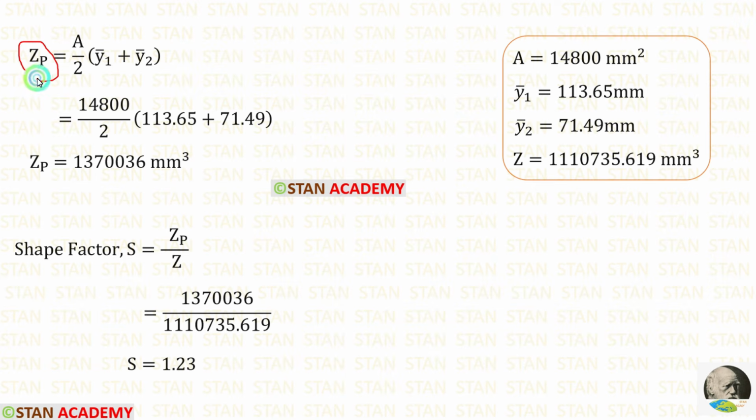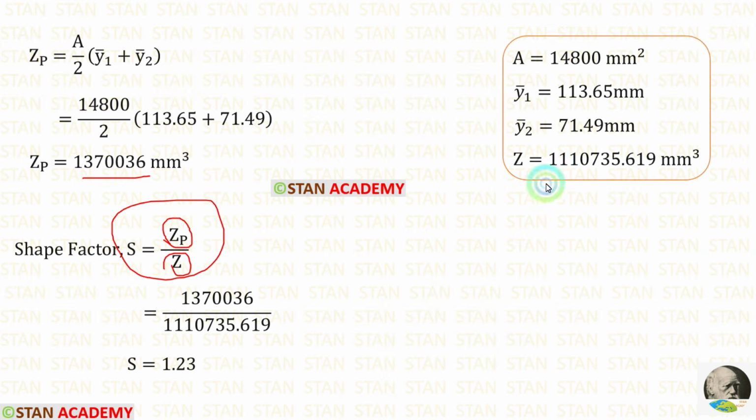In the plastic modulus formula, we know all the values. We have calculated area, y1 bar and y2 bar. We can apply all of the values. Finally, we are getting ZP. In the shape factor formula, we can apply the values of ZP and Z. The value of Z we have already calculated just before. We can apply both of the values. Finally, we are getting the shape factor S is equal to